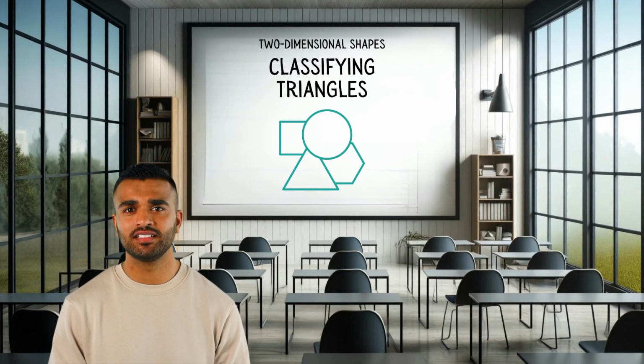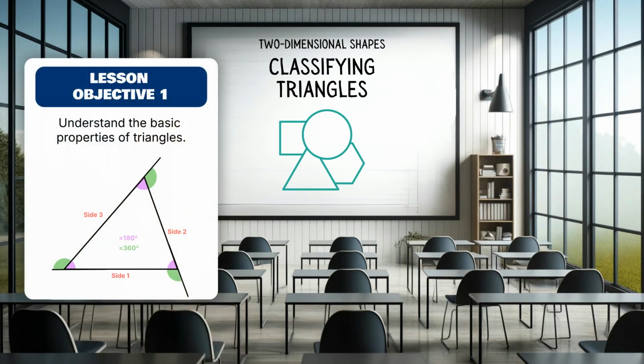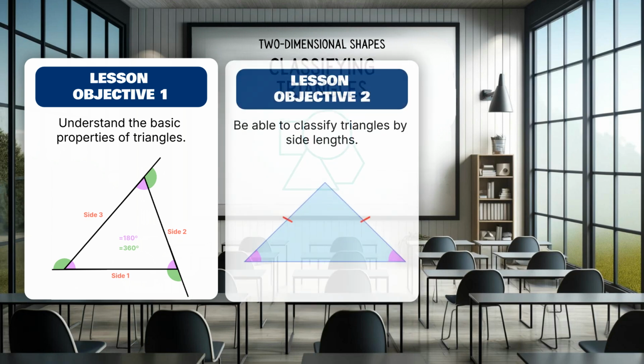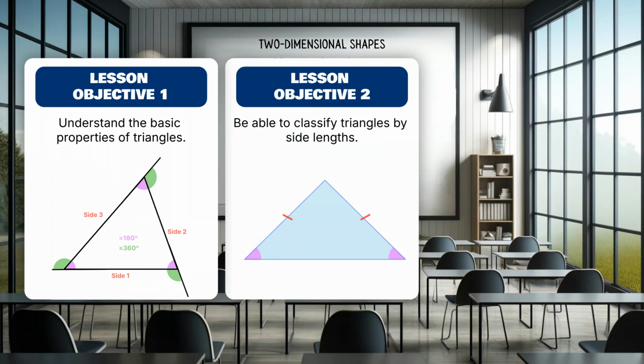In today's lesson, we focused on understanding and classifying various types of triangles. We began by reviewing their fundamental properties, noting that a triangle has three sides and three angles, with the sum of the interior angles always adding up to 180 degrees. We then classified triangles based on their side lengths. We noted that